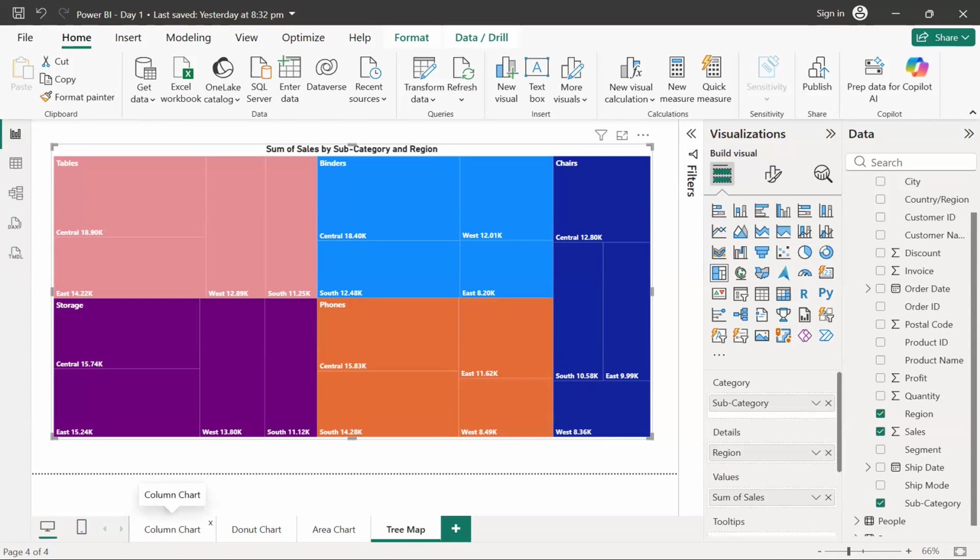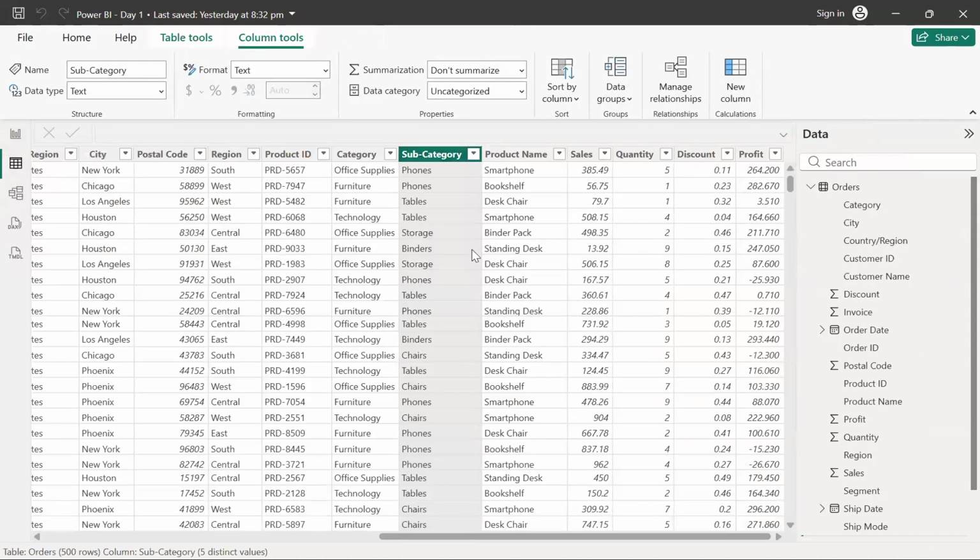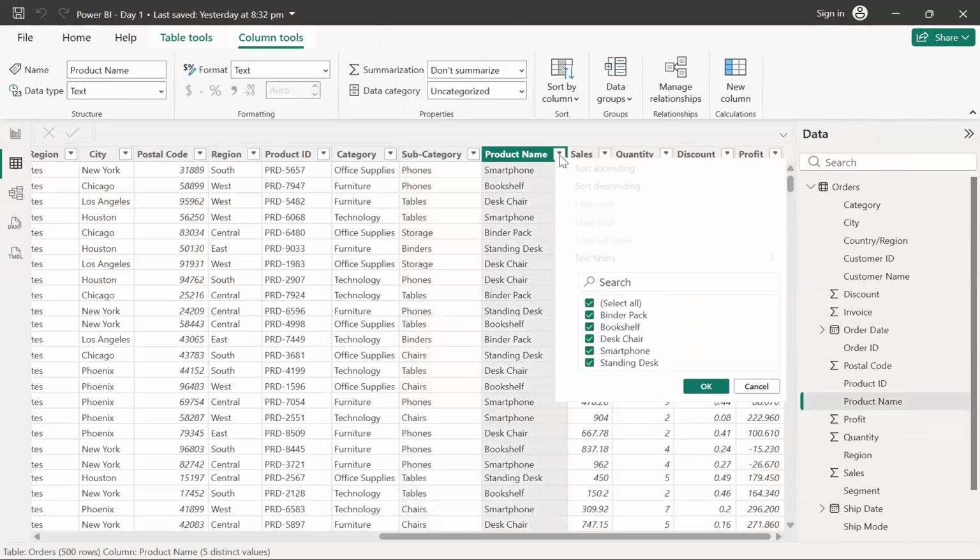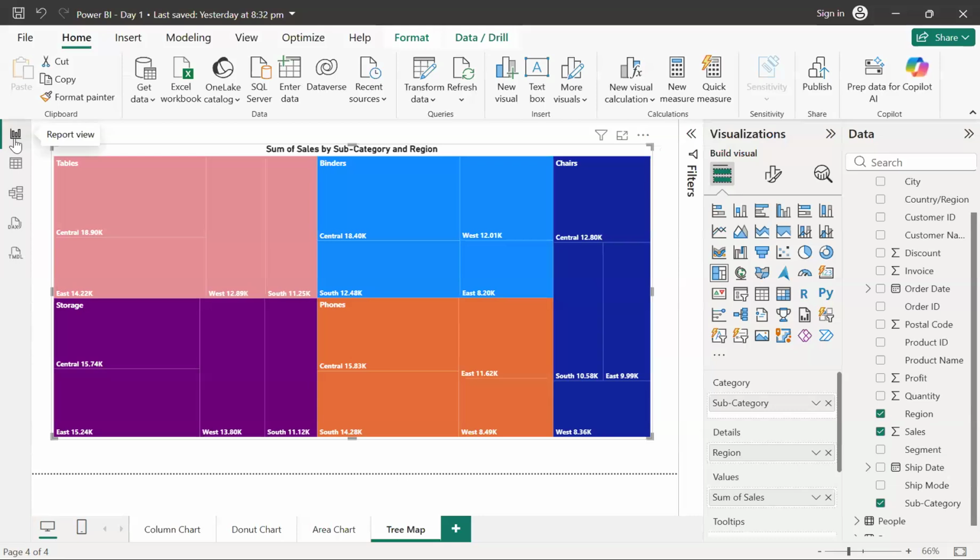Any doubt or any question so far to anyone, guys? So I have a query. This is Shreyan. Sir, am I audible? Yeah, are you asking any question? Hello? Yes, sir. So is it possible to change the color of one section? Suppose, as in binders, we have blue color. Is it possible to change the color of any, like central or south or east or west, or do they stay the same blue?